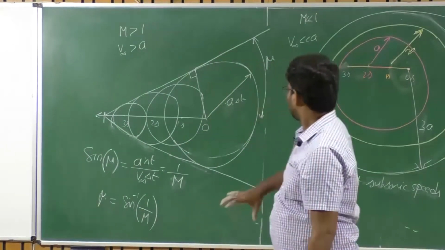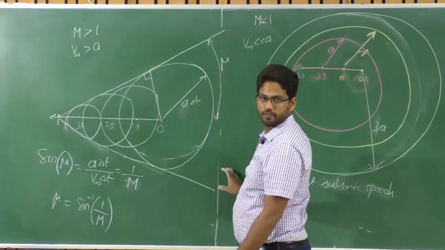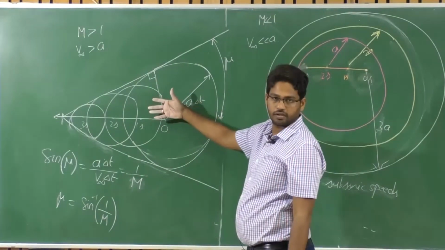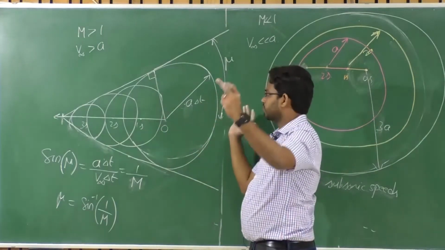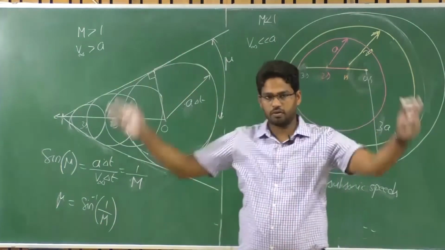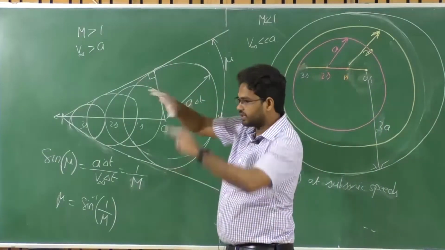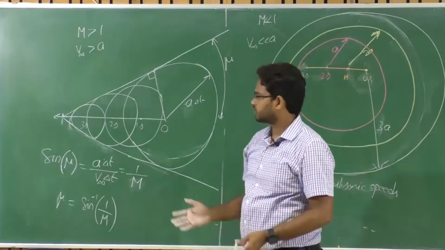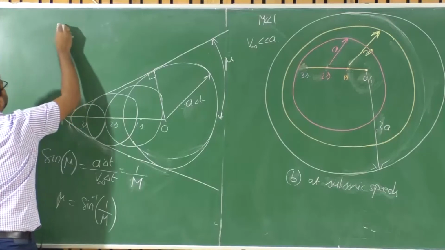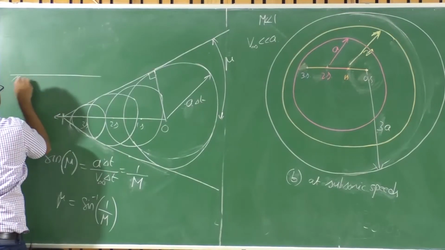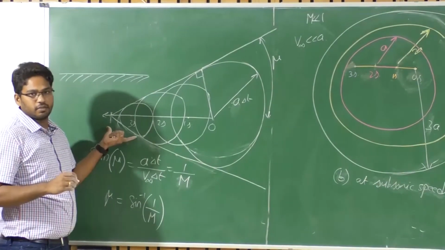So that means all the disturbance that you can see is limited or confined to this particular Mach cone. If you are looking at the 2D profile of this, you can say Mach wedge, or when you are looking at the 3D profile, it becomes a Mach cone. So all the disturbance is confined within this Mach cone. Whomsoever stays outside this Mach cone will not get to know any disturbance.